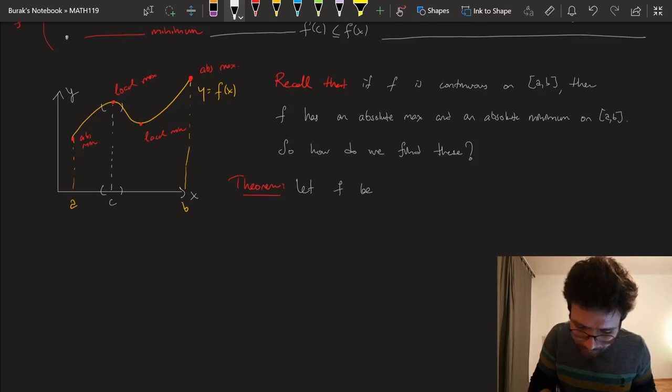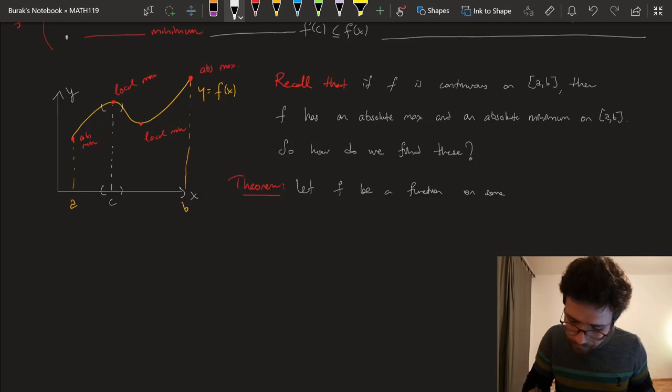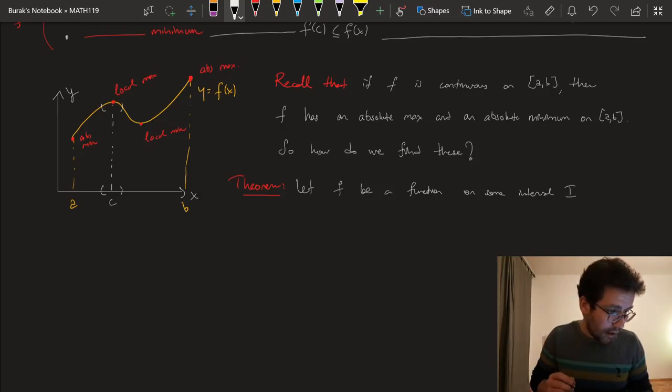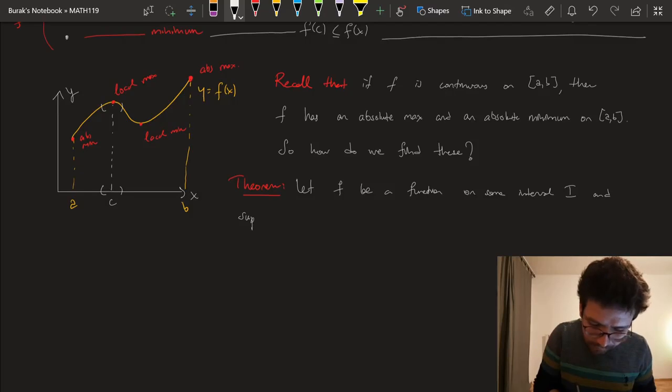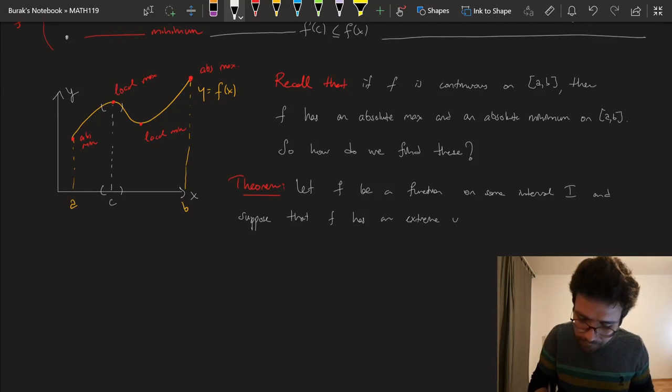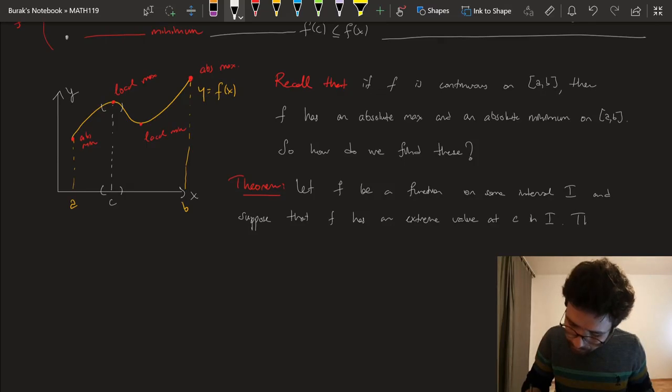Let f be a function defined on some interval I, and suppose that f has an extreme value at some point C in I. Then,